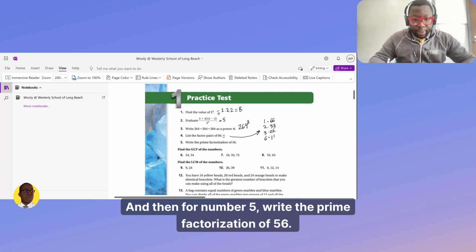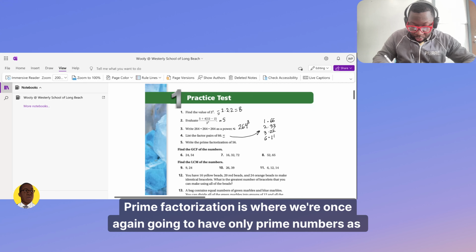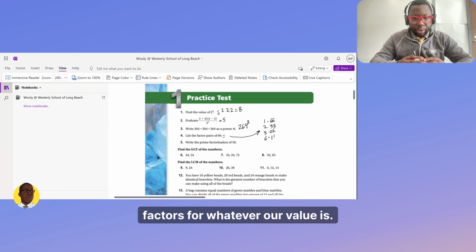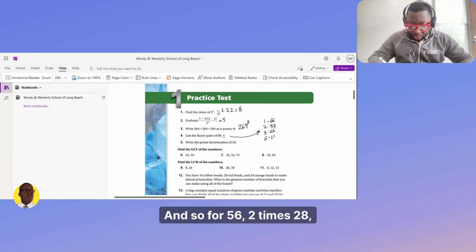And then for number 5, write the prime factorization of 56. Prime factorization is where we're once again going to have only prime numbers as factors for whatever our value is. And so for 56,